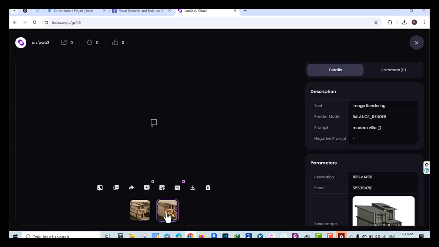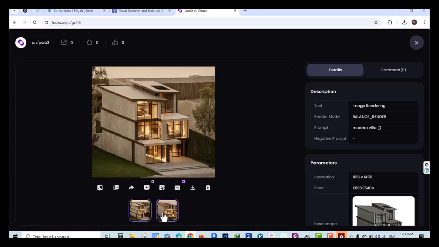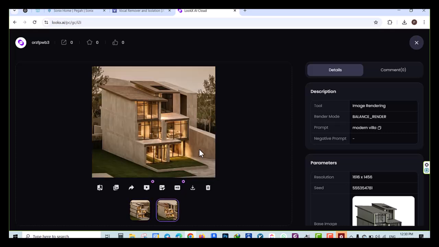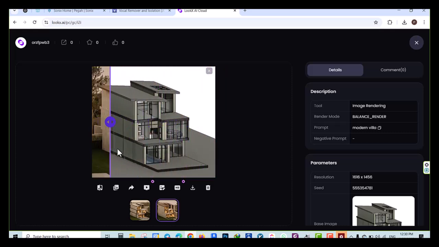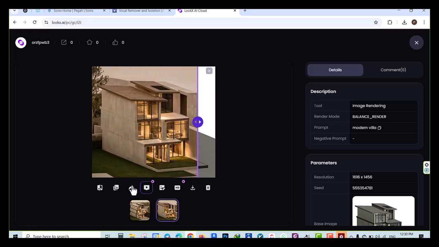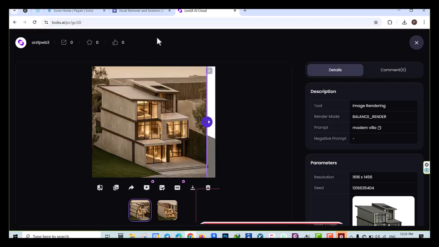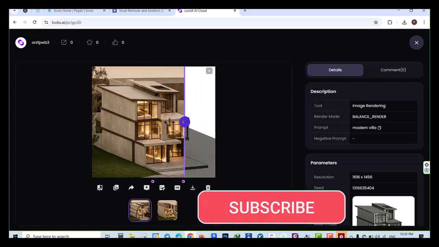Now let's check the second version. This one has a stronger contrast and a slightly different shading style, but both are well rendered. If I compare them to the original, you'll see that AI preserved my model's geometry while transforming it into a high quality render. This is one of my favorite AI rendering tools, and next I'll introduce you to another powerful AI rendering platform,